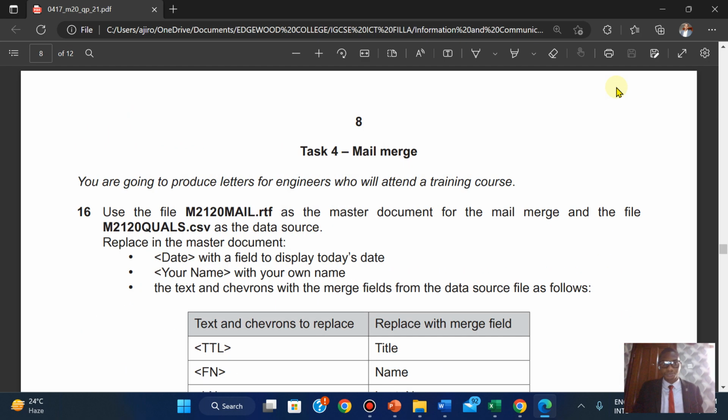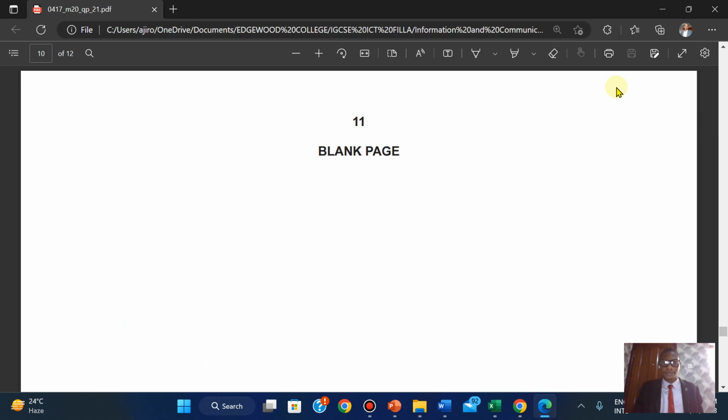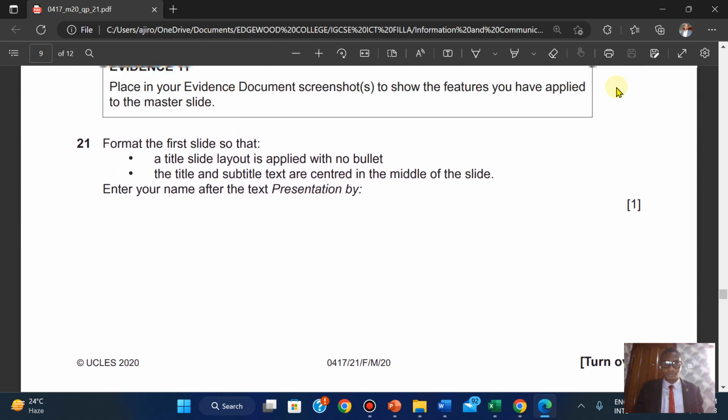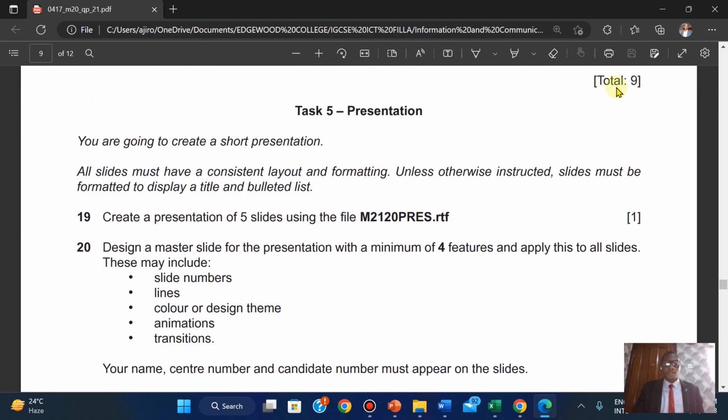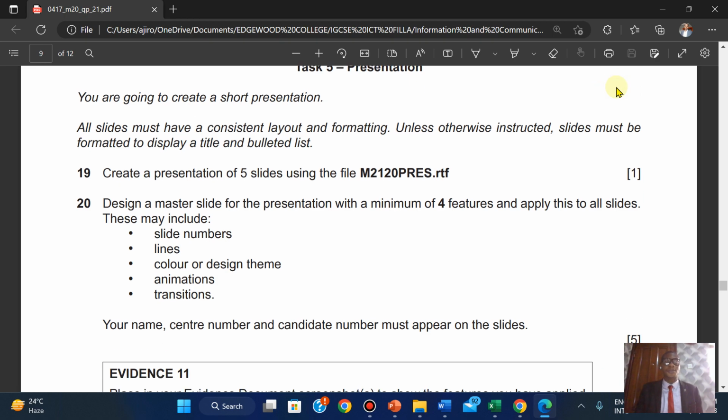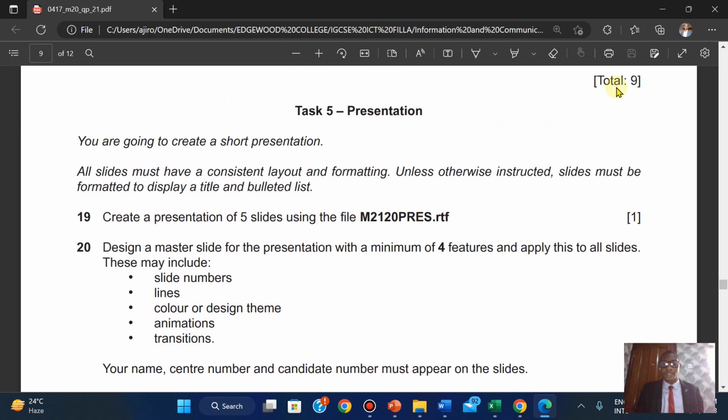So we have it here. Task 5, presentation. You're going to create a short presentation. All slides must have a consistent layout and formatting. Unless otherwise instructed, slides must be formatted to display a title and bulleted list. Create a presentation of 5 slides using the file